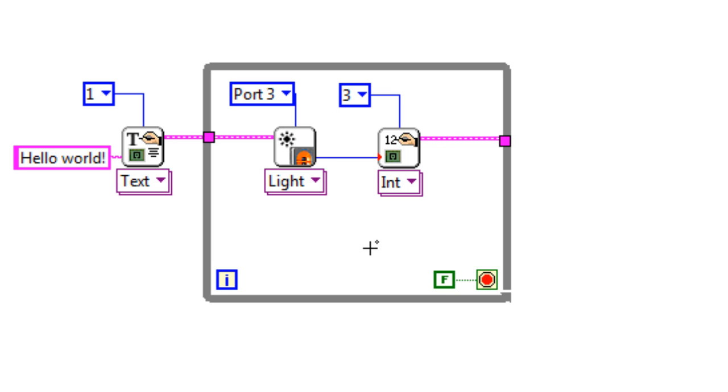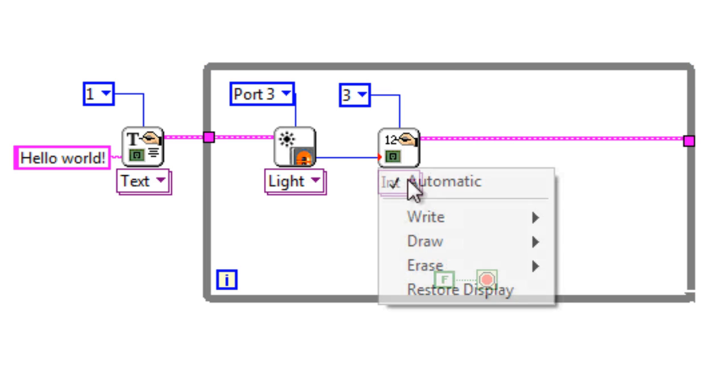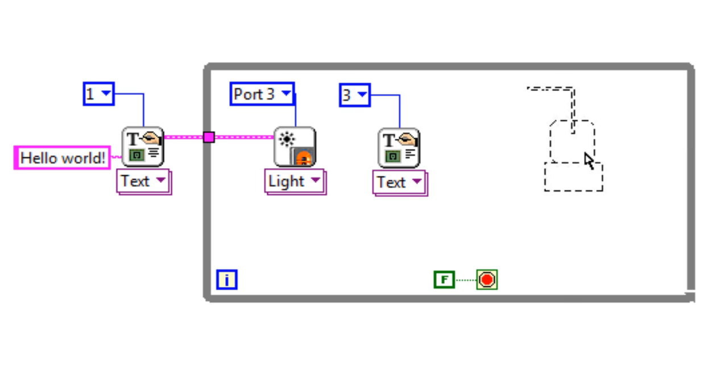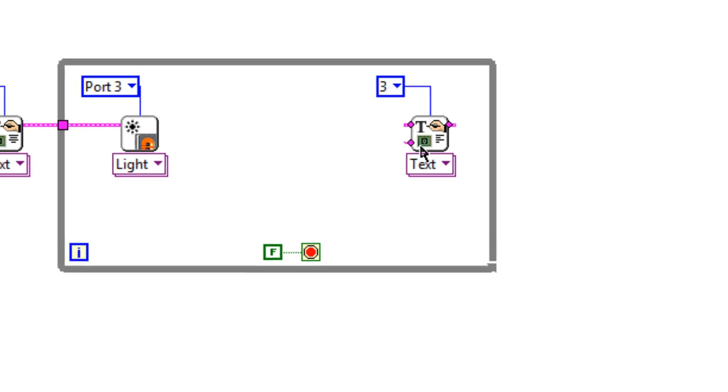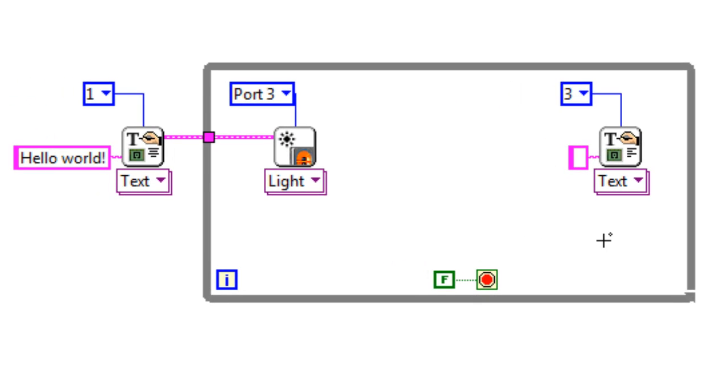So what I would like ultimately is for this to be text coming in here, and I would like it to say something like the light value, or light number 3.